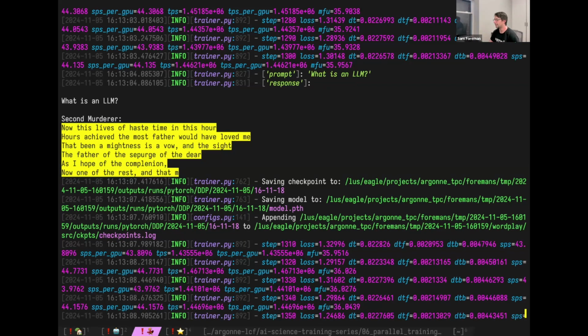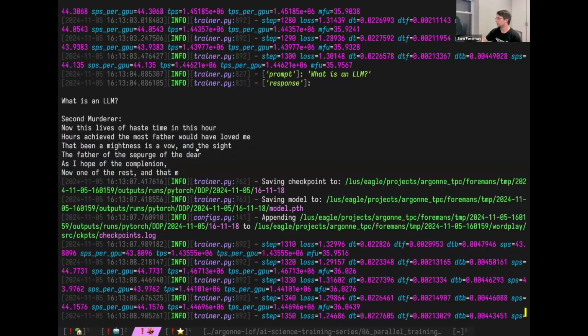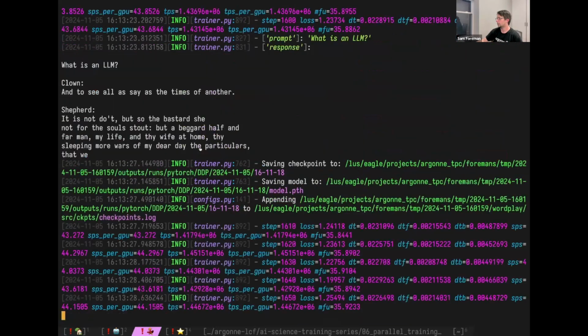And so this is really just a sanity check to make sure that the model is learning from the data that I'm providing it, and behaving in some sort of predictable manner, which is not